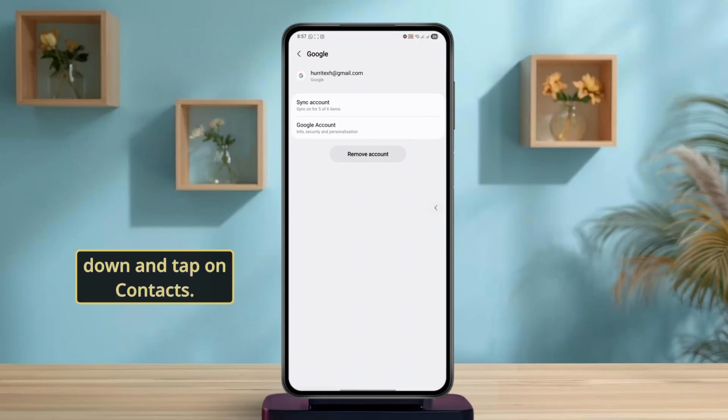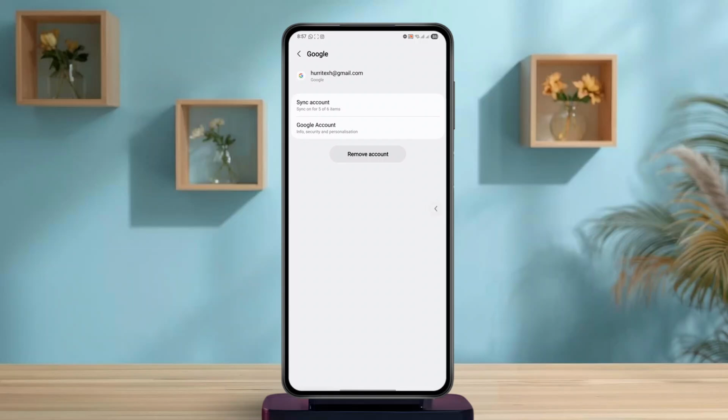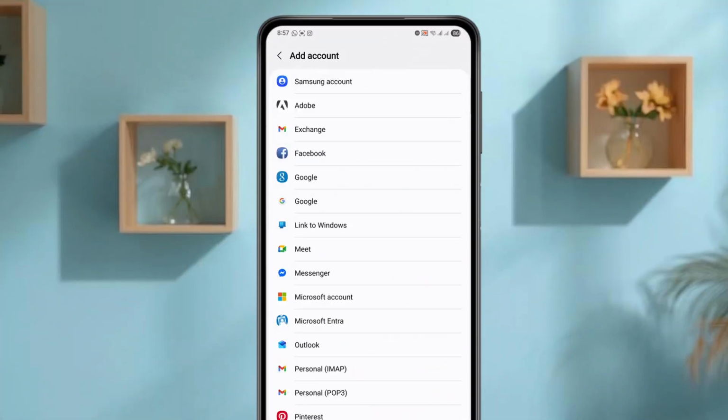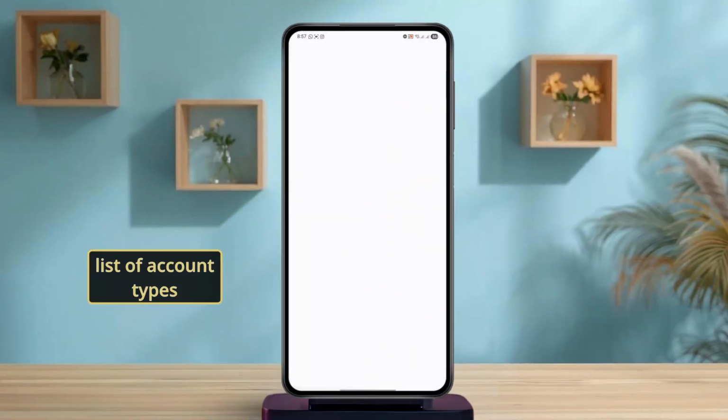From here, scroll down and tap on Contacts. At this stage, tap on Accounts and then tap on Add Account. After this, select Google from the list of account types and sign in with the same Google account you used